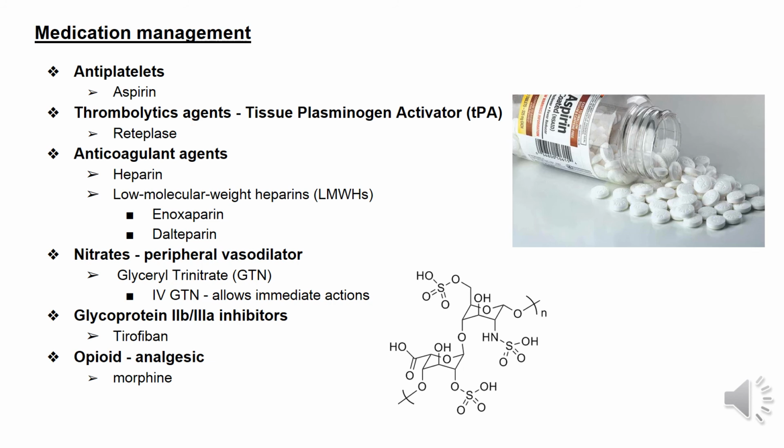Glycoprotein 2B3A receptor is an important integrin as it intervenes in platelet aggregation, similar to an opioid antagonist which binds to an opioid receptor and blocks opioid activation. Tirofiban binds to glycoprotein 2B3A receptor. It prevents fibrinogen from binding to this receptor, therefore blocking platelet accumulation. Tirofiban can only be given via IV injection and may be administered with heparin or low-dose aspirin to treat UA